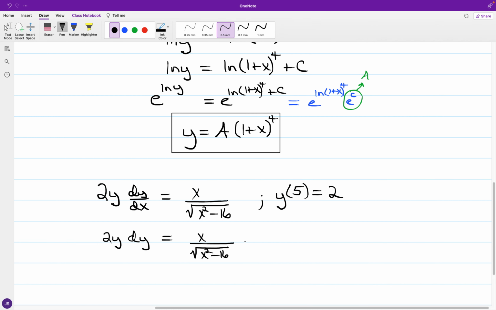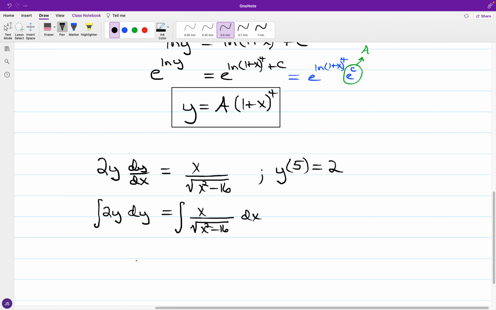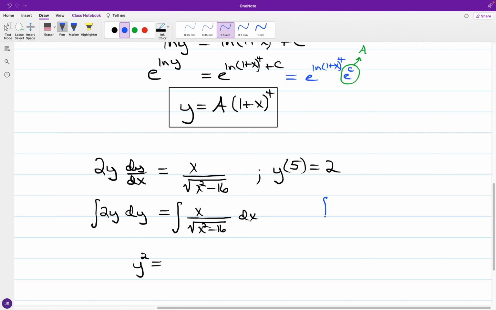For 2y dy, this will become y squared. Now for what I would have over to the right, just sidestepping a bit, for x over the square root of x squared minus 16 dx,